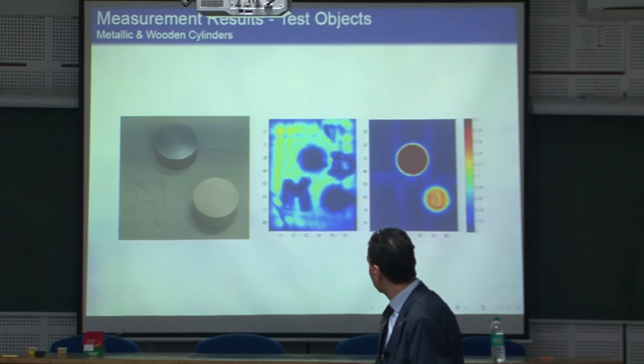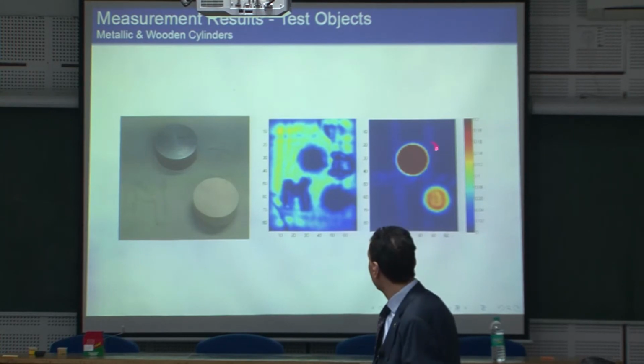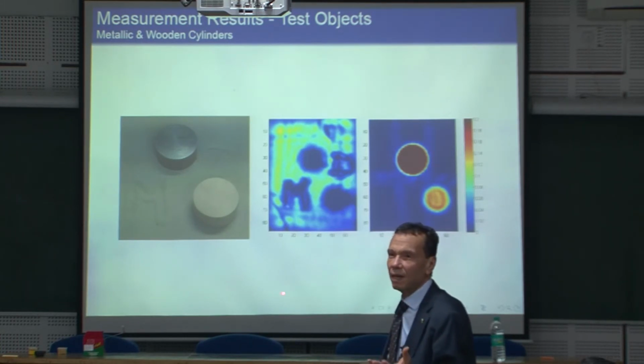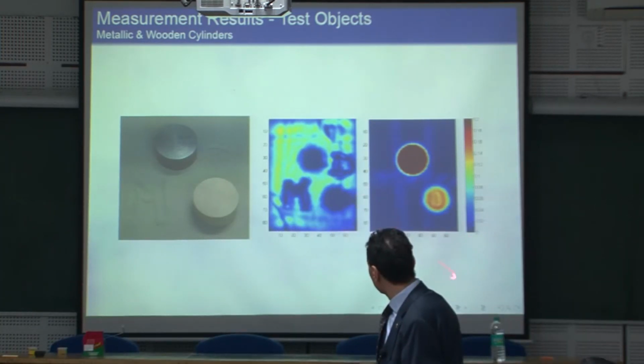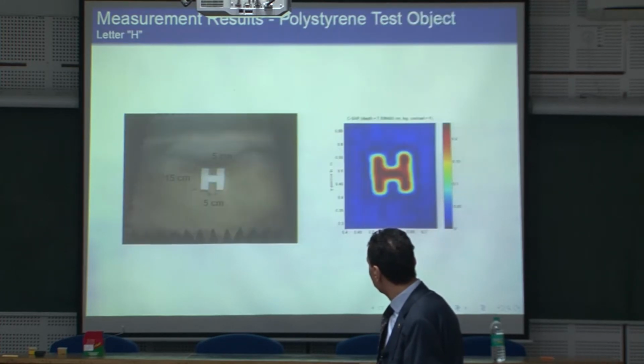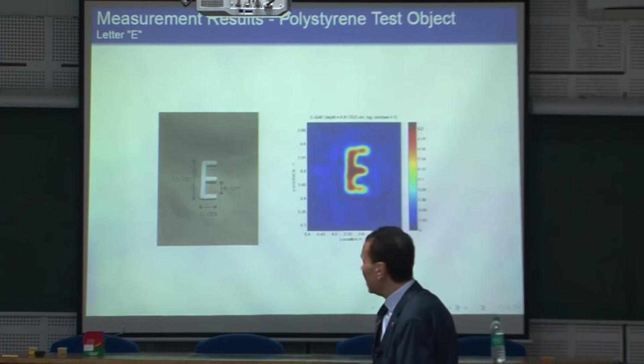Good. These are 2 objects here, and this is how you reconstruct them after applying everything, after applying the focusing and so on. This is the ultimate goal. And I think they are distinguishable. You don't see any artifact. This is the reconstruction of this edge. Also after applying everything. This is of letter E,